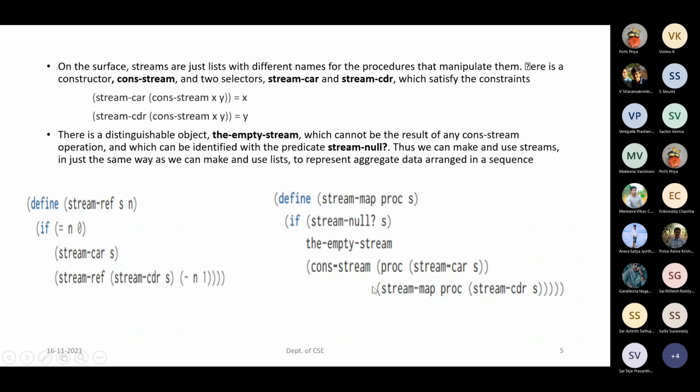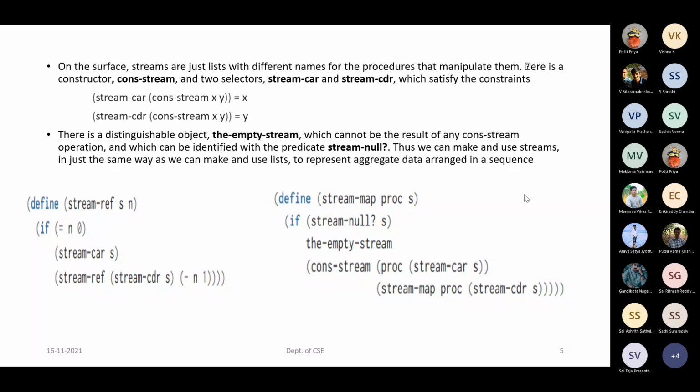Similarly, how could the map procedure be defined? The map procedure takes the procedure which has to be applied, and the list of contents. The list of contents has been taken to be S. Here we have to verify whether it is an empty list or not. For that, we use stream-null?. Once we reach the empty list, previously we were returning nil or empty single quotes, or empty brackets. Here, with respect to streams, we will just return the empty stream. Note that in between, it won't be a space, it will be a hyphen.